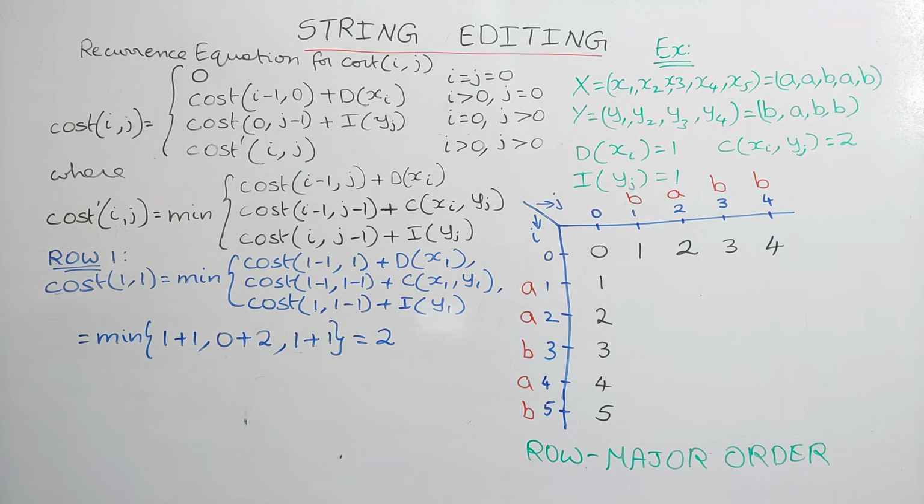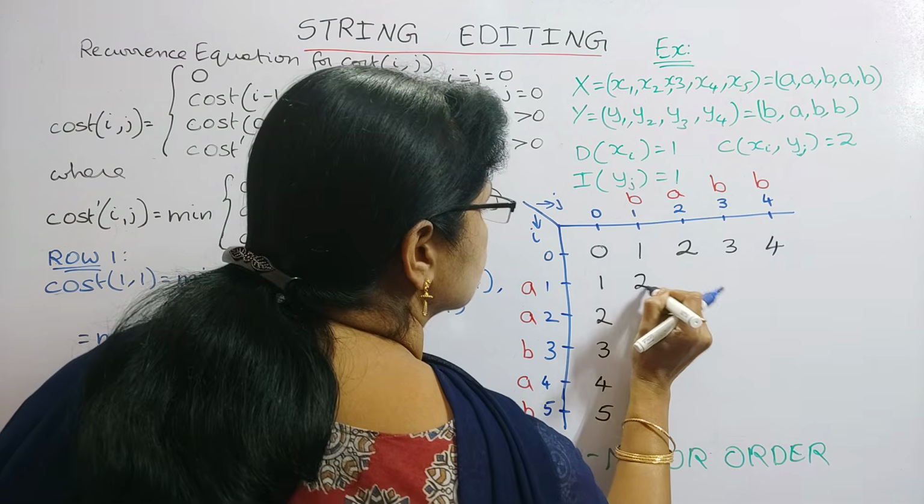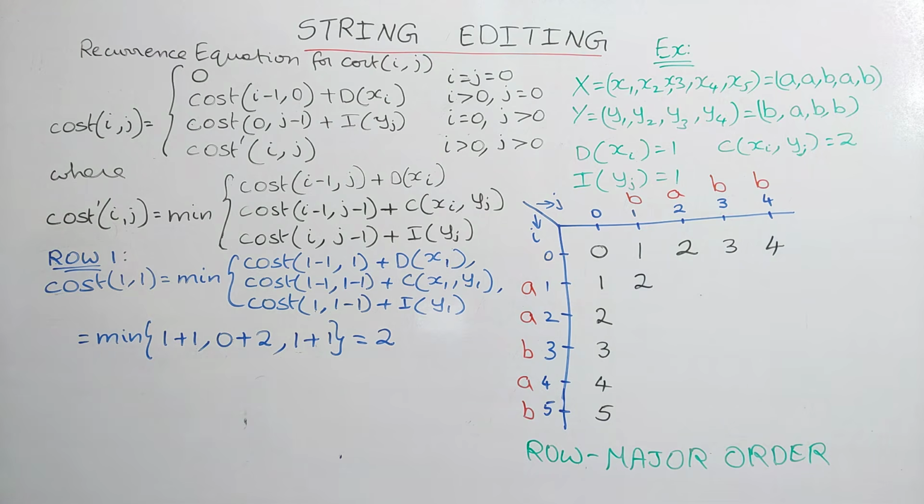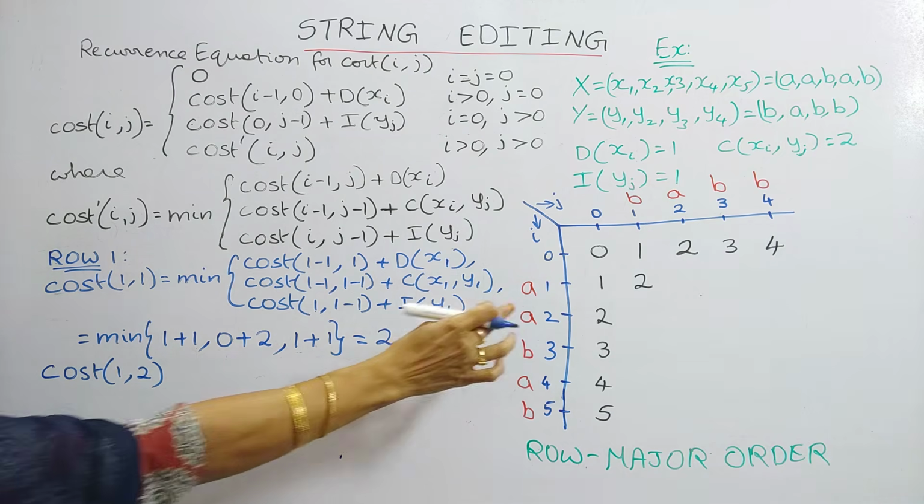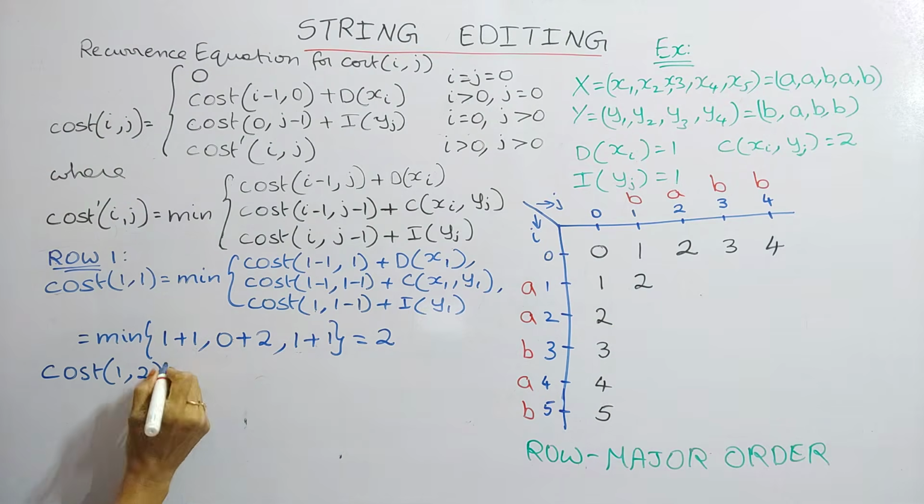So now the cost of 1 is 2. And next similarly, the cost of 1 2. Next one is what? 1 2. So you elaborate it. So minimum of